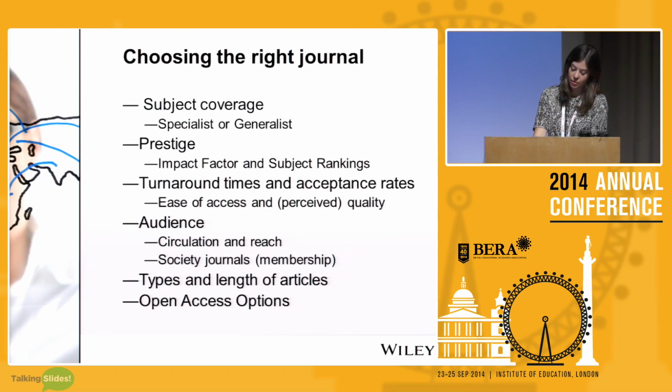Next, prestige. Think of your wish list of journals. What would be your top 3 for this particular article? Impact factor is regularly used as a proxy for quality, but try not to ignore all the other measures of quality that we have, such as downloads, the history of the journal, the current content that it's publishing, and the association as well. The link between a society and a journal, and a publisher and a journal, can speak volumes in terms of the quality of that title.